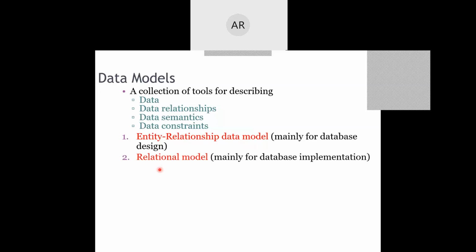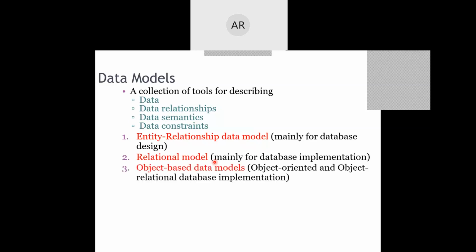The second one is the relational model, which saves the data in the computer. It is usually used for implementation of the database. It saves the data in terms of tables, also called relations. So a relational database uses a tabular model to store the data. The third model is the object-based data model, which is also used for saving data.